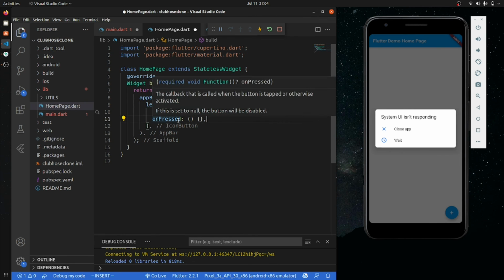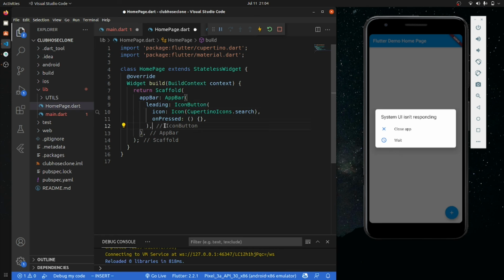Okay, so let's remove this. And after this leading, we have to add actions. Because we have four things at the end, we'll have the same thing that we had here. So let's just copy the same stuff and paste it here.